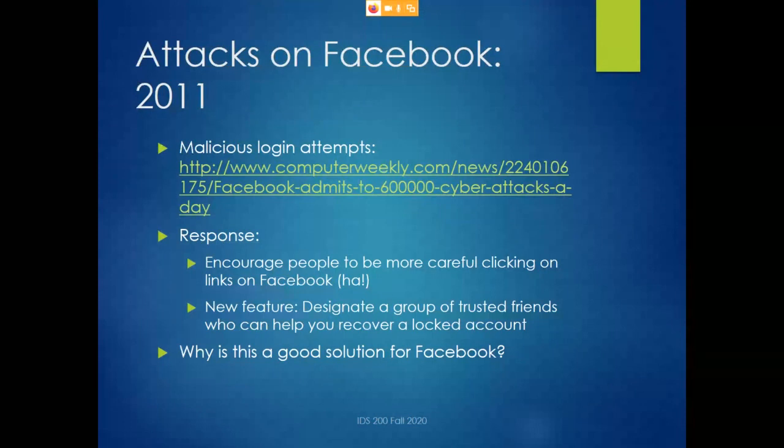And so Facebook really doesn't want to do that if they can avoid it. They want a nearly free automated method for doing it. So Facebook really likes the idea of having a group of trusted friends because they can automate that process: just send out some messages to your friends and ask, is this person who he or she says she is? And then Facebook otherwise doesn't have to have their people get involved. Okay.